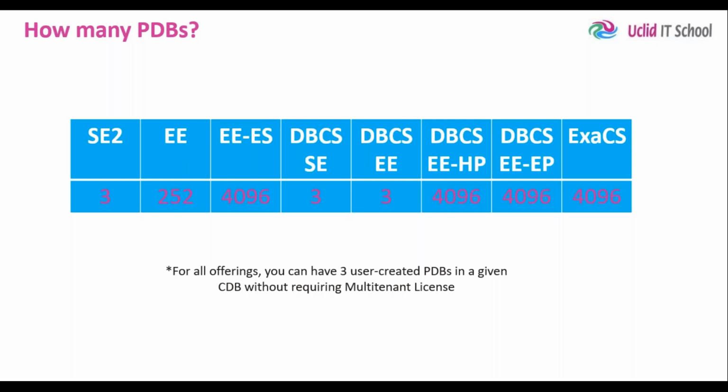Suppose I have 9 databases. I don't need to purchase a license if I create 3 container databases. In each container database, I will create 3 pluggable databases. So all my 9 databases are adapted into container databases without my requiring to purchase the multitenant option. So you decide how you want to consolidate. In this case, you consolidate only 3 databases together, and you may need to create more container databases.